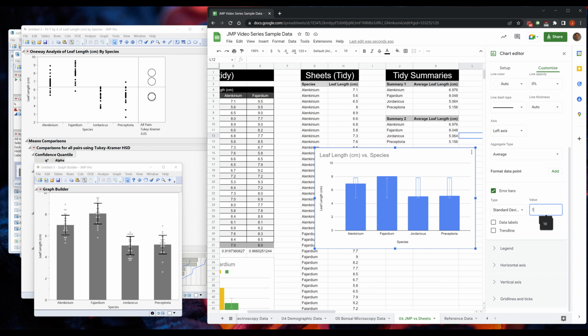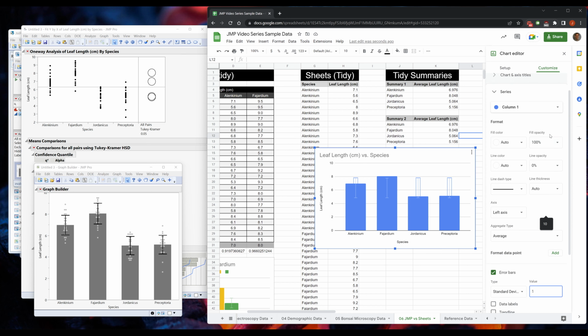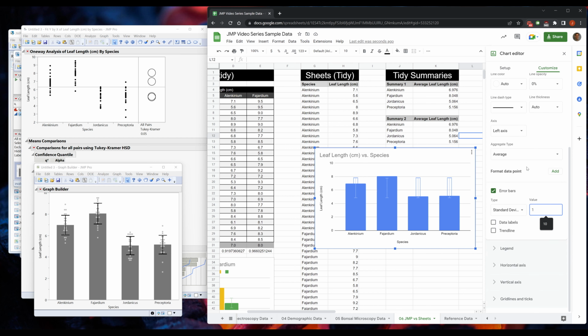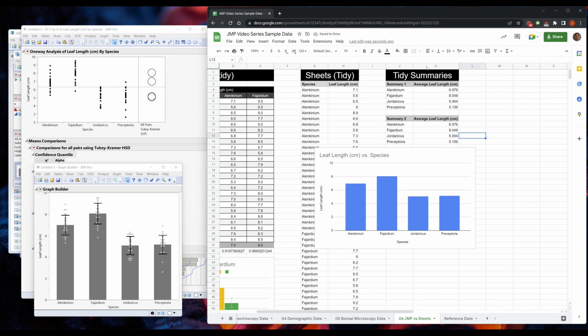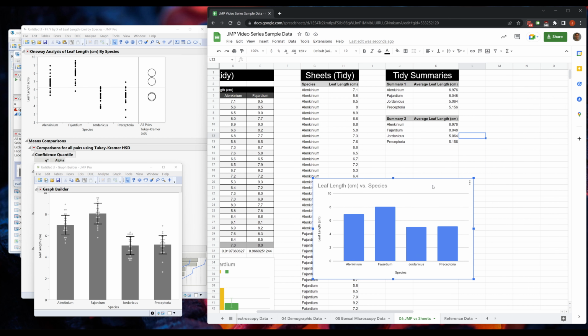Wonder if this is the grand mean and it's not splitting the error bar out by the type. Well, anyways, that's all, folks. Again, highly encourage